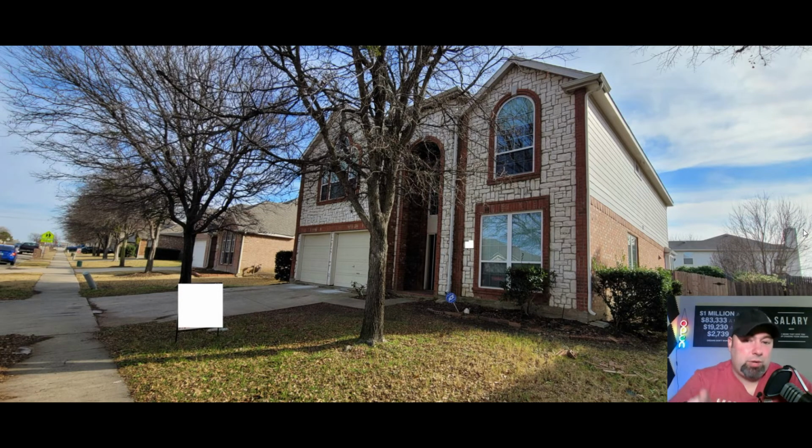Okay, and this right here, right when I was getting in my car, I thought it was pretty funny because this was the house next door. It is for sale, and this will be a perfect comp for this property if I were to have got it. I made the offer. I figured it was going to be